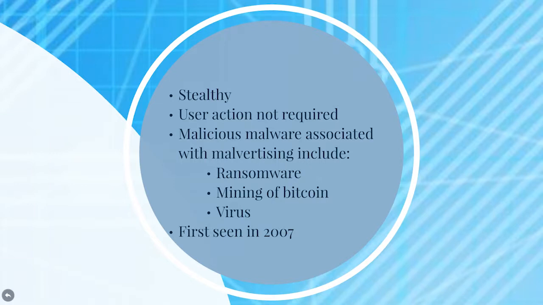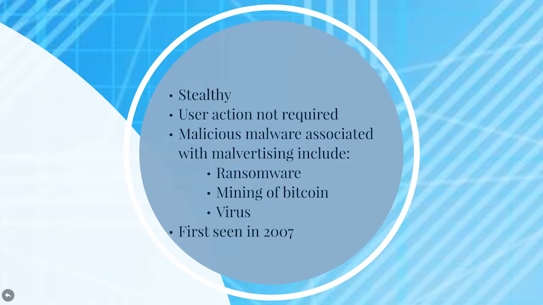The malware doesn't require any user interaction, such as clicking on it, in order to compromise the system or exploit vulnerabilities of the website or server it's being hosted on. Instead, the malware is traveled silently through the advertisements on the web page. Malvertising allows for malware to be exposed to millions of users, no matter how cautious one may be. The types of malicious malware associated with malvertising often are the spreading of ransomware and the mining of Bitcoin, along with other various malicious payloads.